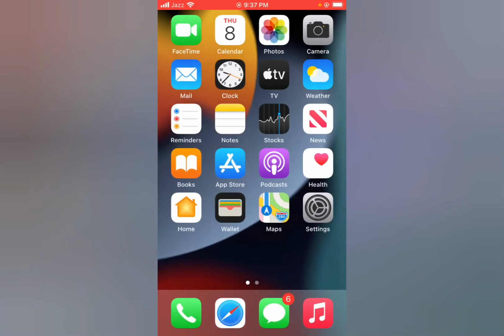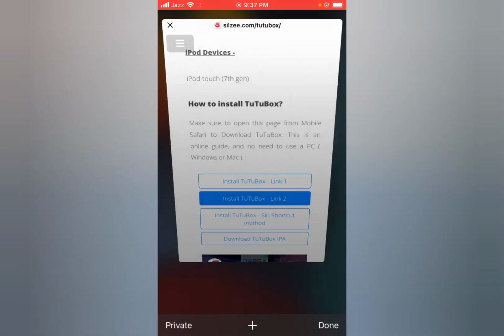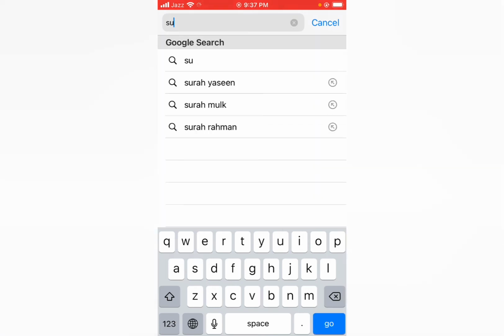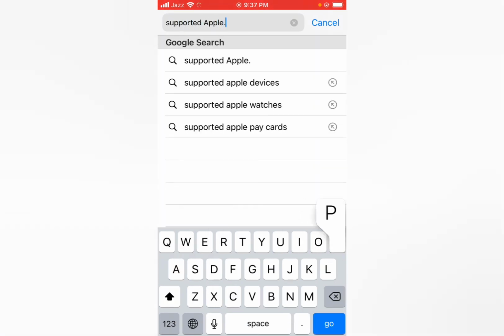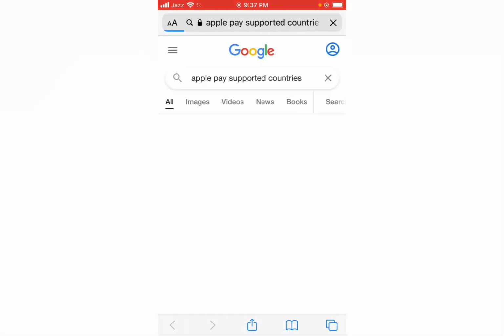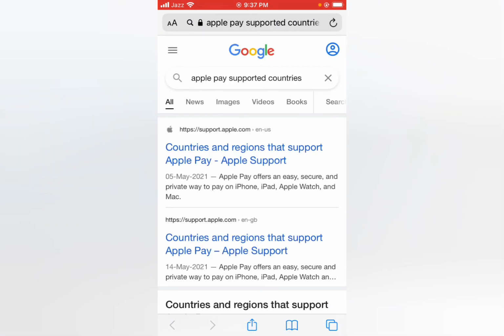Go back to home and check if your country is supported for Apple Pay or not. Search supported Apple Pay countries. Open the first link.